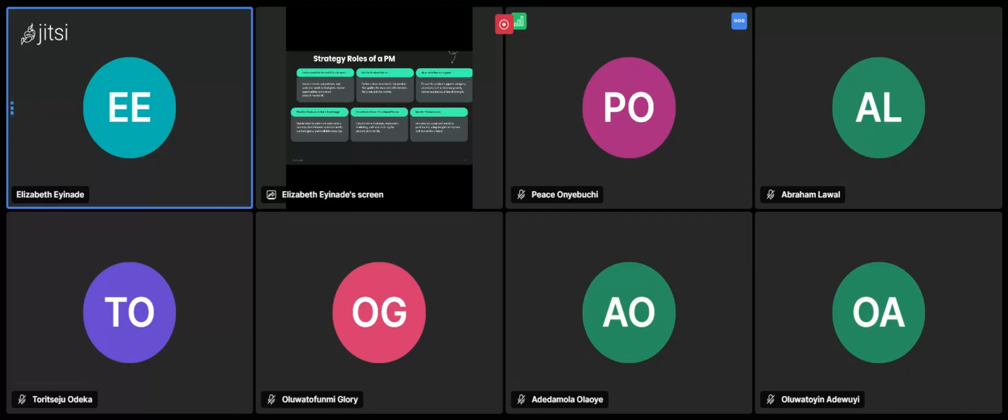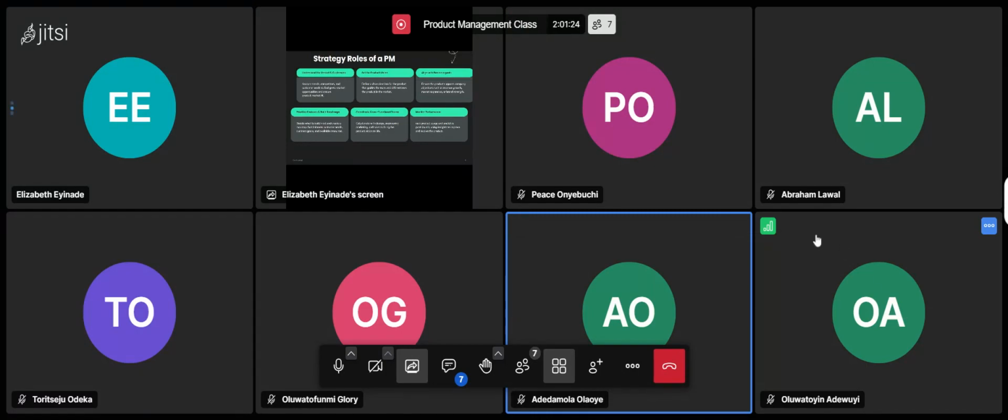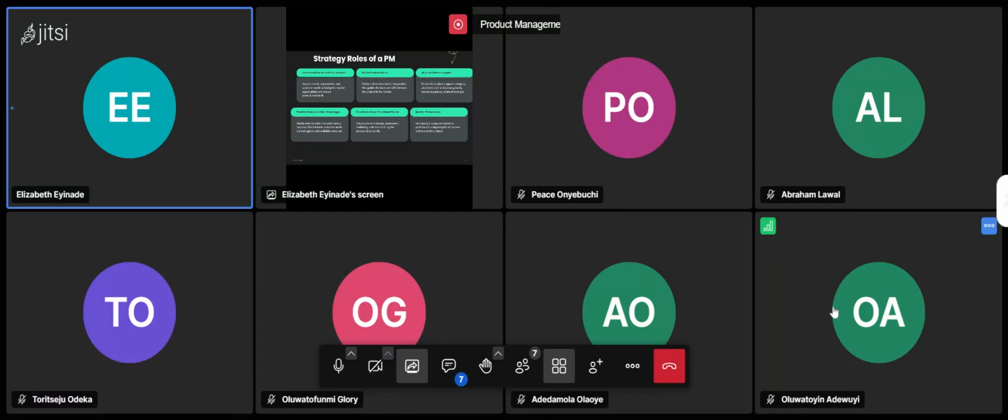Now you have mentioned how many features? Three, four. Now one thing you should do on this is prioritize those features. So the ones you want your engineers to work on first, and how you want them to go about it, put it on that document, please. Okay, ma. All right. Who else?